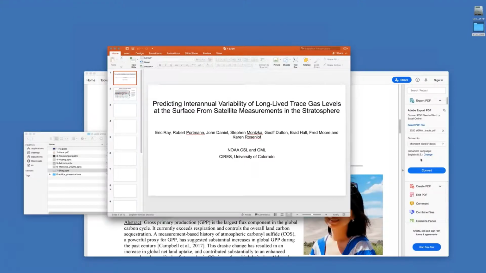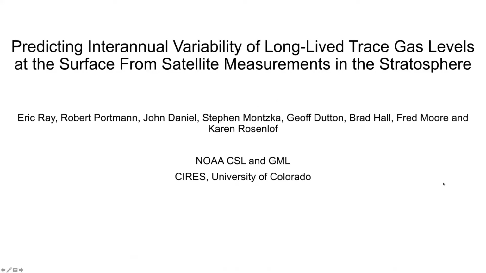Okay, next we have Dr. Eric Ray. Eric is a senior research scientist with CIRES in the Chemistry and Climate Processes Group of NOAA's Chemical Sciences Laboratory down the hall from us there in Boulder. Typically down the hall when we're in the building, which we haven't been for some time, no doubt, where he studies atmospheric dynamics and transport processes affecting trace gases. He did his graduate work at the University of Washington, Seattle, receiving his degree in 1997, and he's going to finish up the session on CFC-11 for us, using some observational studies. Thanks very much, Eric. Go ahead.